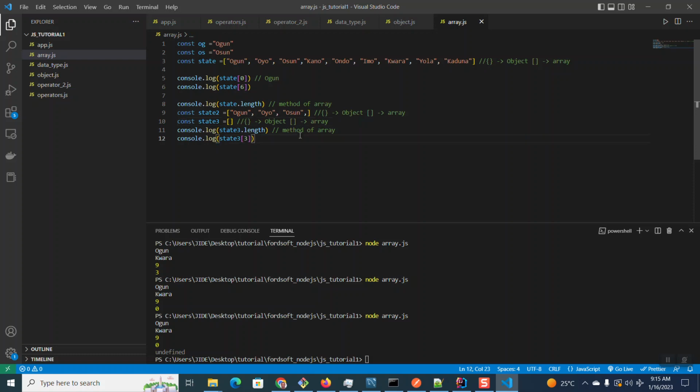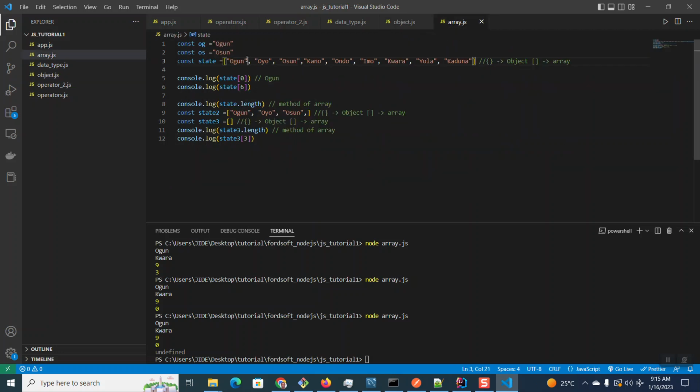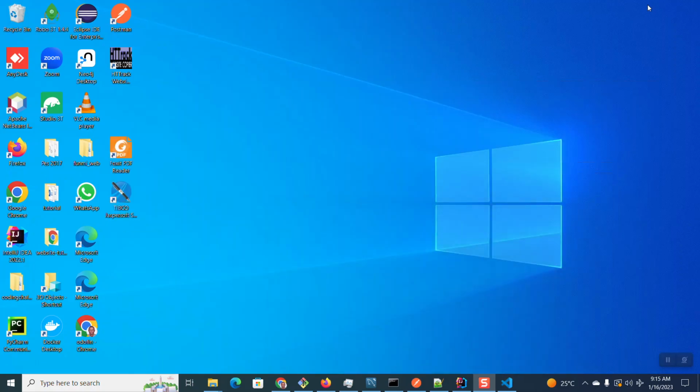We are going to stop from here, except if you say you still want us to proceed. No. Yes. So we talked about this object. We talked about this array. So let's stop from here so that you can